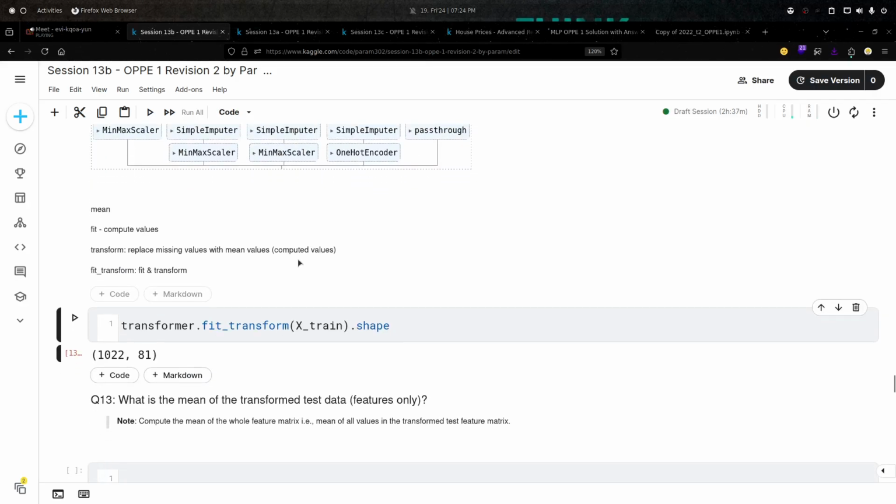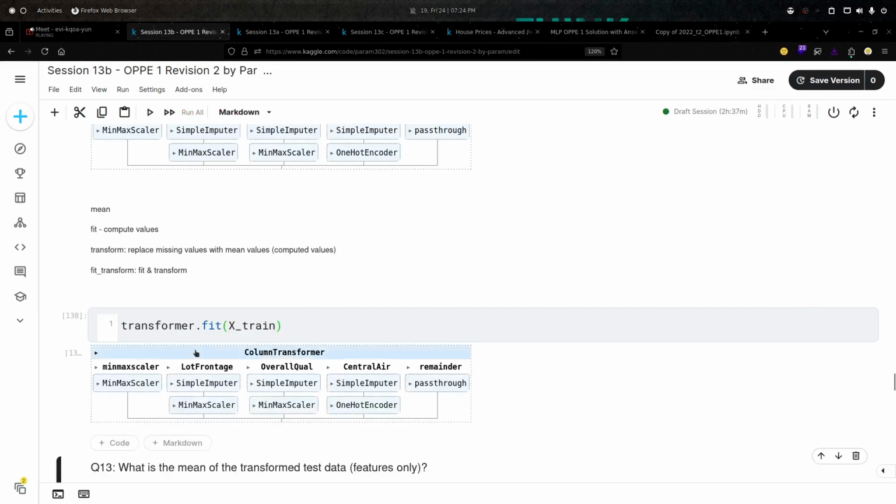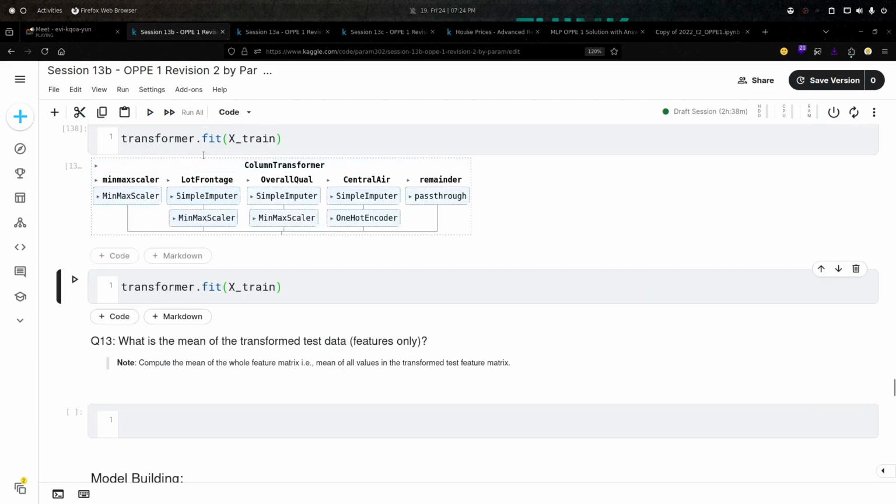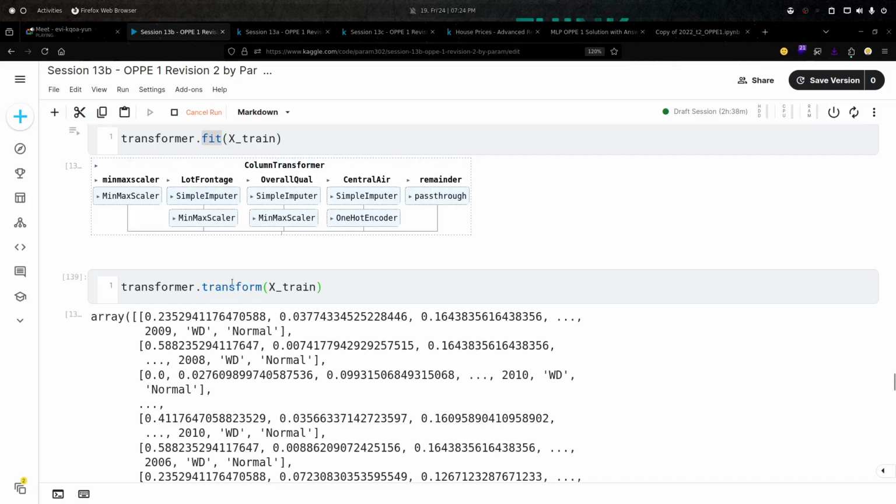Can we do this in this example? Yeah, okay. So normally if I do the fit, I won't get any output. I will get the original transformer back. Now if I have to transform this dataset, I have already called fit, so I have to call either transform or fit_transform.